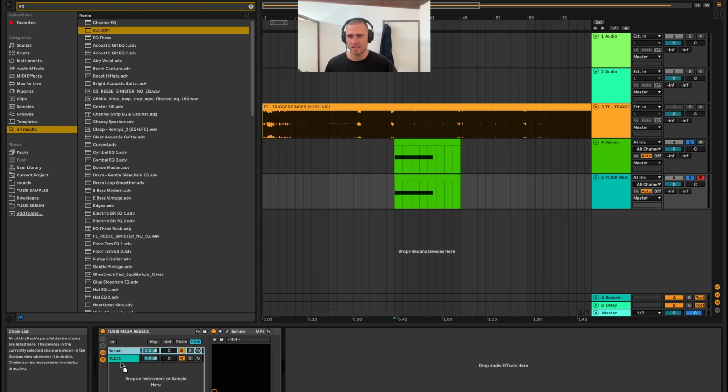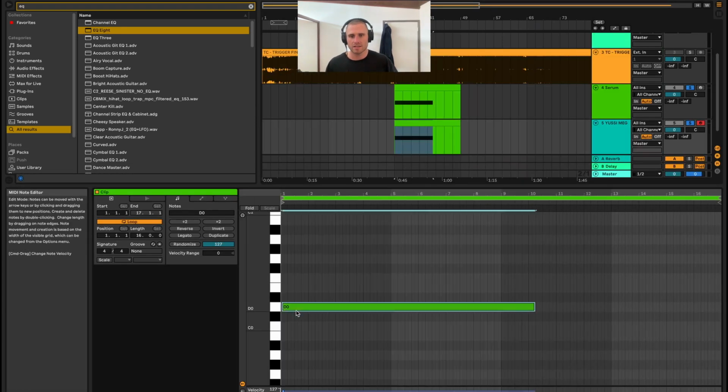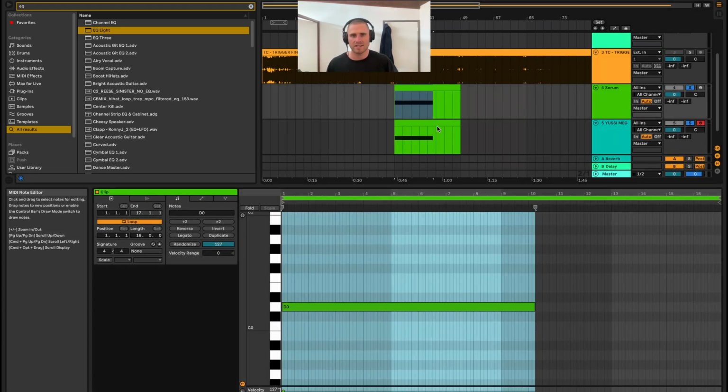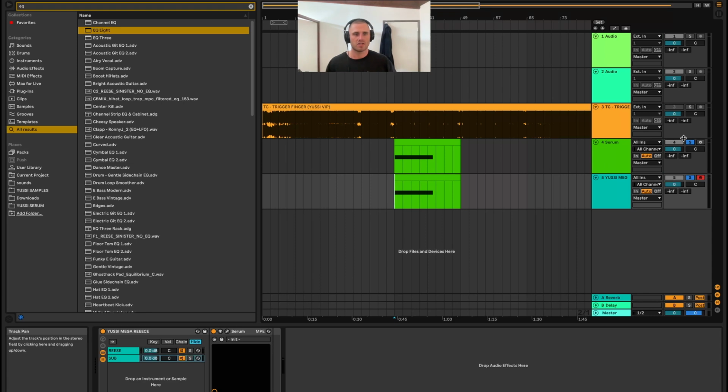And now it drops that SERUM below the Reese. Make sure it's not in the actual Reese chain, that it's below it, makes its own chain, and then Command or Control R and go sub. And now, because the Reese and the sub were both written in D0, we now can just turn off the alone sub, because now that sub is a chain of its own in the Reese track. And you see,